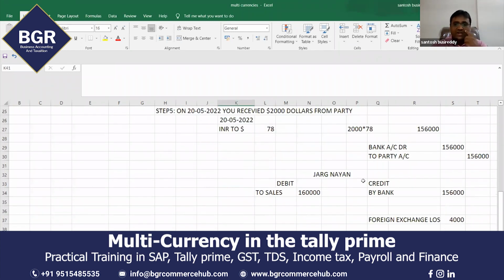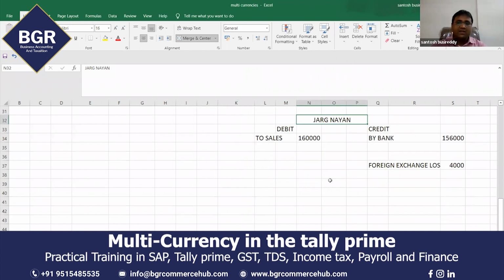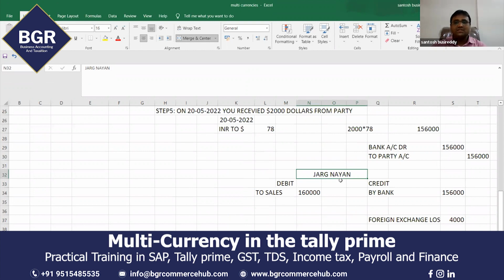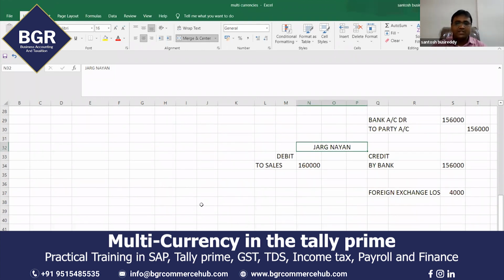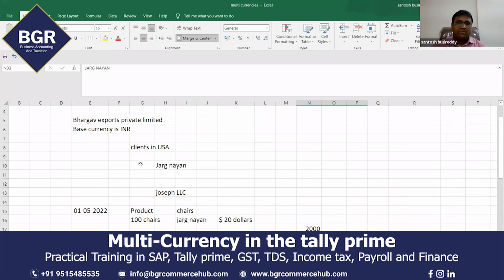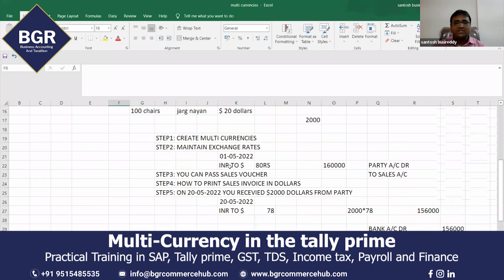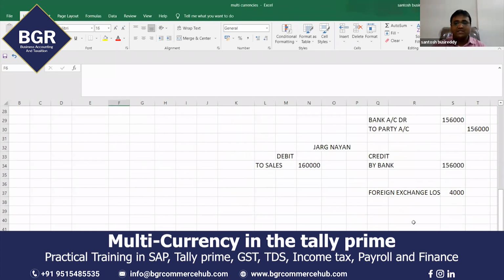Now, at the time of creating this party ledger, you have to give the dollar as the ledger currency. In which currency do you have to maintain this ledger? Dollars. But what is your company base currency? INR. But I have to maintain this party ledger in dollars. So these entire steps you have to configure